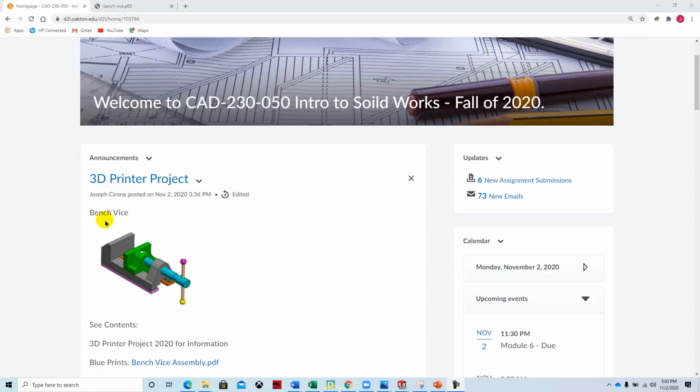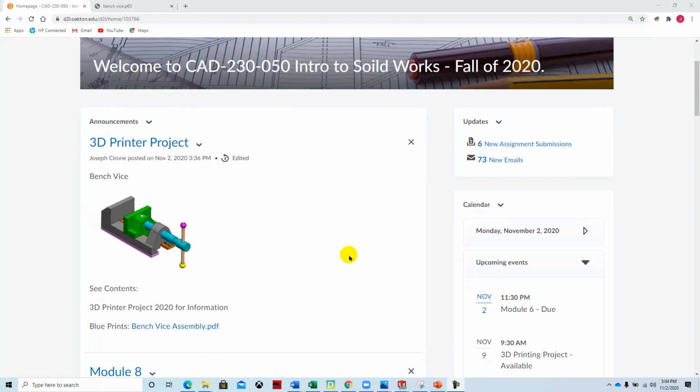I'm going to go over this 3D printer project. We're going to create this bench vise assembly drawing, and I've put the drawing details into the Contents tab, but I've made a shortcut for it right here